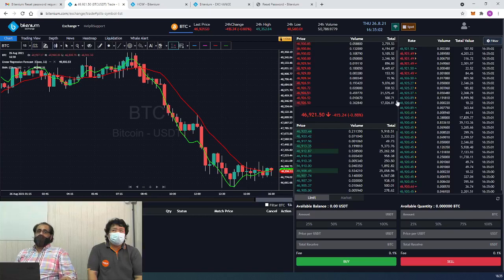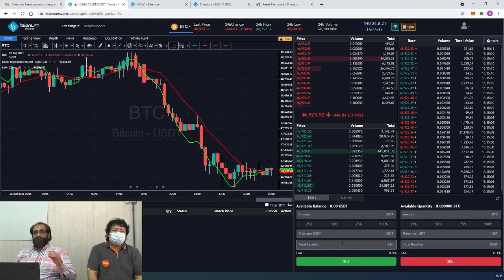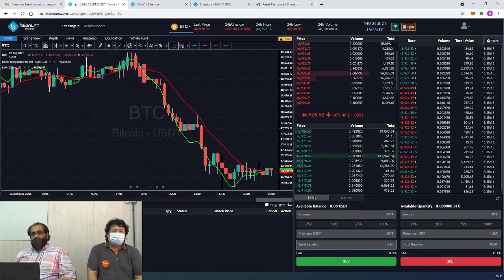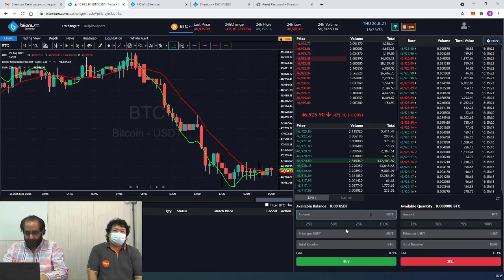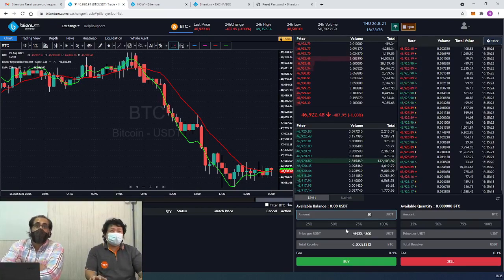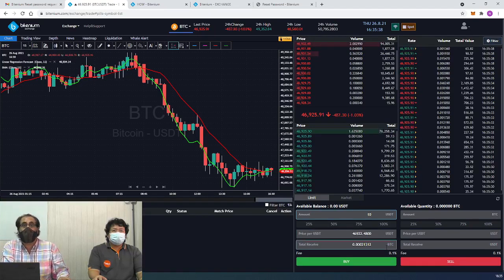So now I have completely shown you how trading activity is done on the web version. Once you execute the orders, you need to choose limit or market. Limit means you want to place an order by setting a price and a quantity. For example, if I have $10 here and put in an amount of USDT, it automatically calculates the price. The total received is this much BTC, and the fee is 0.10%.